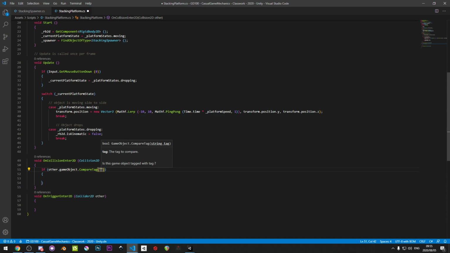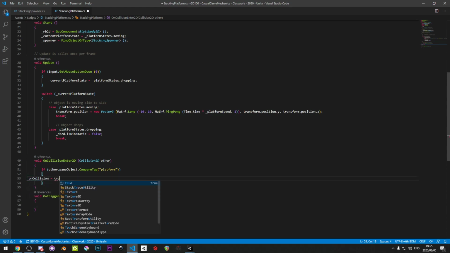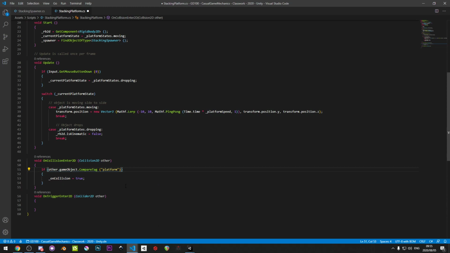So in there, we are looking for platform. So if I hit the platform, I remember I've got that on collision boolean. We're going to set that to true because now that means we've actually collided with something. But I only want this to fire if the platform is platform and exclamation on collision. So if this object has never collided with anything, which means it will be false, and it is a platform, then